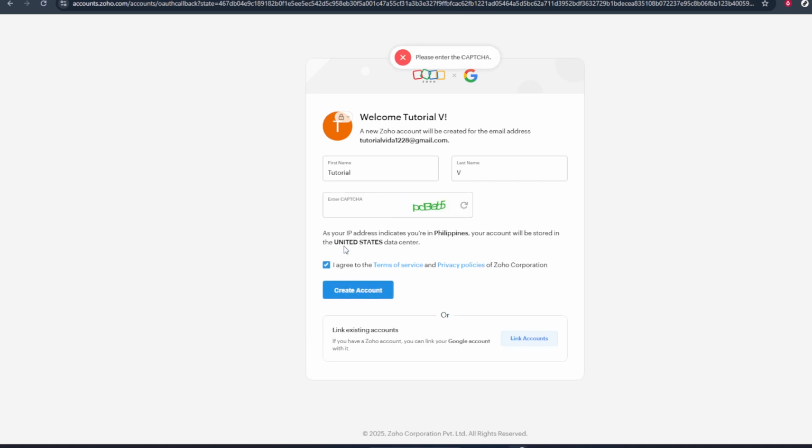From here, simply follow the on-screen prompts from Zoho. This may include confirming your country or region, setting your language, and possibly answering a few quick questions about how you plan to use the CRM. Continue clicking through each step until you reach your Zoho